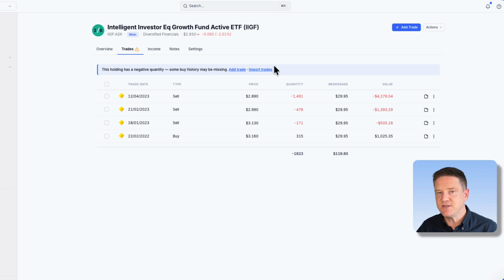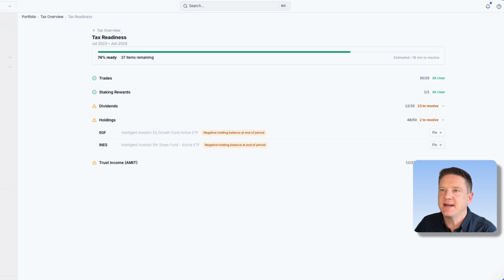So what I would need to do is actually go and find those documents and enter in my opening trade here, and that would fix this negative quantity because it's got the full picture, the full story then. So that's an easy fix. I'll just click add trade if I needed to, but I might do that a bit later. I'm going to go back to the tax readiness page here,